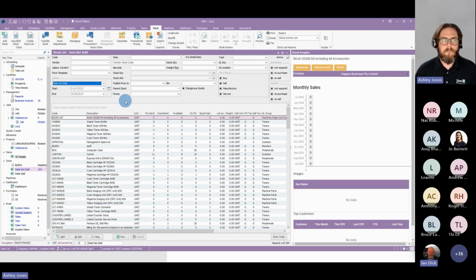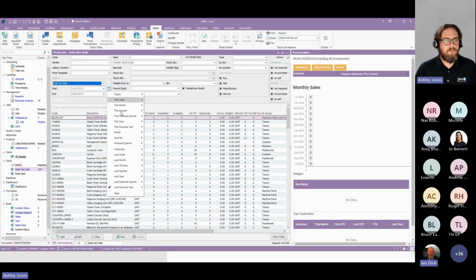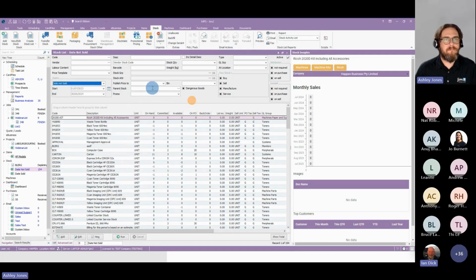Now, hopefully all our customers are aware of how to use the date calendar grouping that's sitting there too, the number 31. And these are the most popular periods of time, making it really easy to select a range of dates that you want to search between. So this report is about to deliver to us the products that we haven't sold during those particular times on